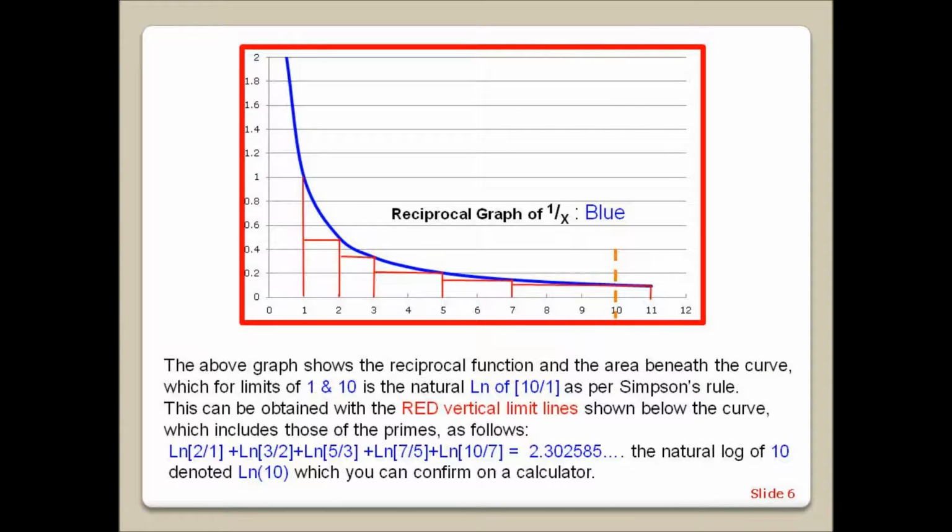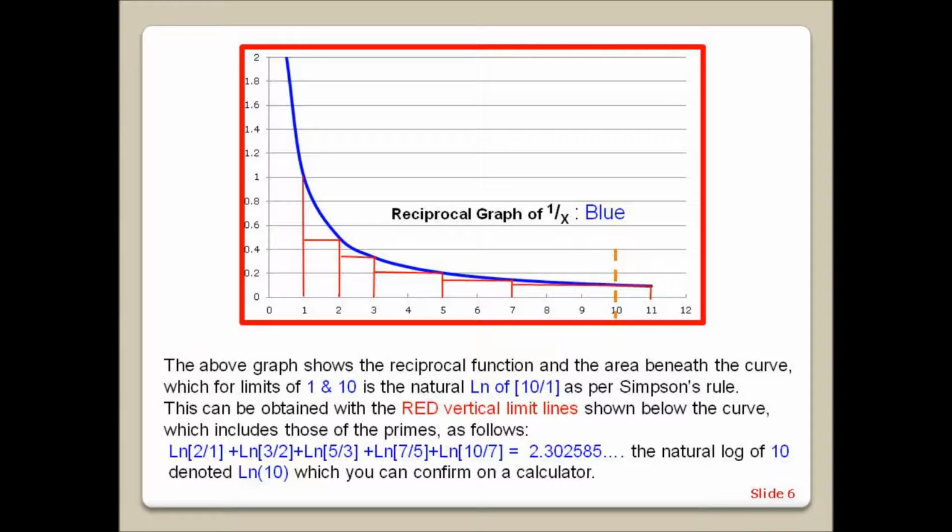The above graph shows the reciprocal function of the area beneath the curve, which for limits of 1 and 10 is the natural log of 10 divided by 1, as per Simpson's rule. This can be obtained with the red vertical limit lines shown below the curve, which includes those of the primes, as follows: